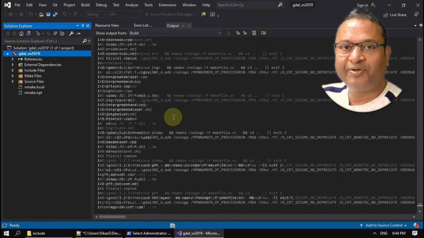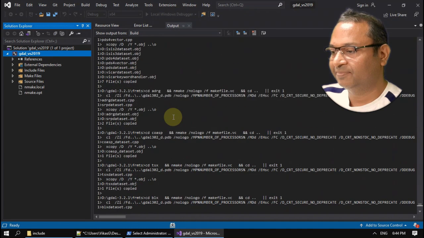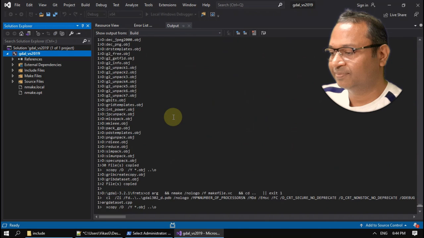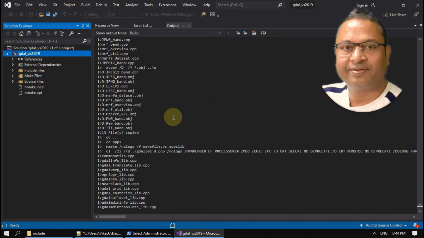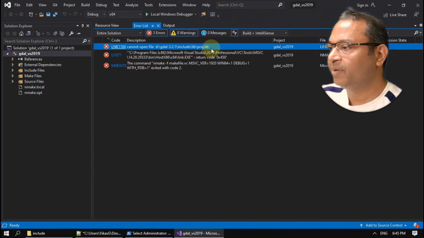So it is taking time to build. Okay, once again some error in the GDAL include lib. I think I have not defined the proper path of this library file.